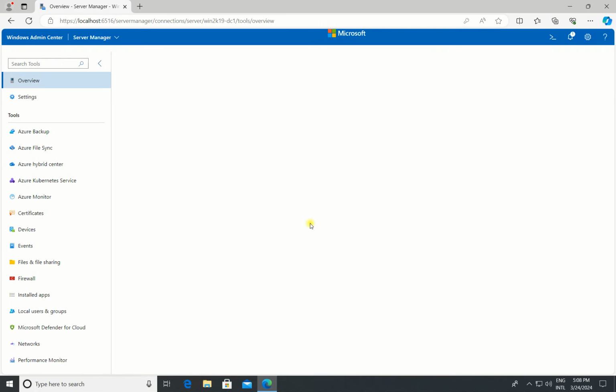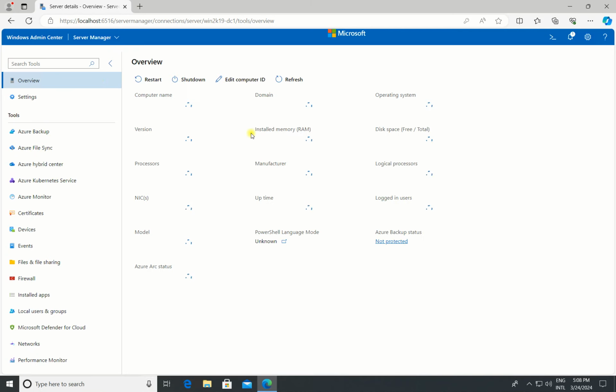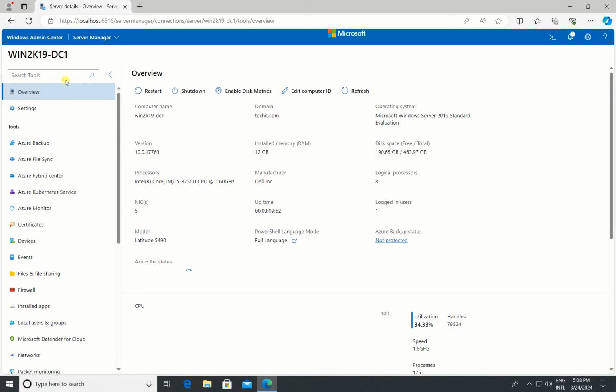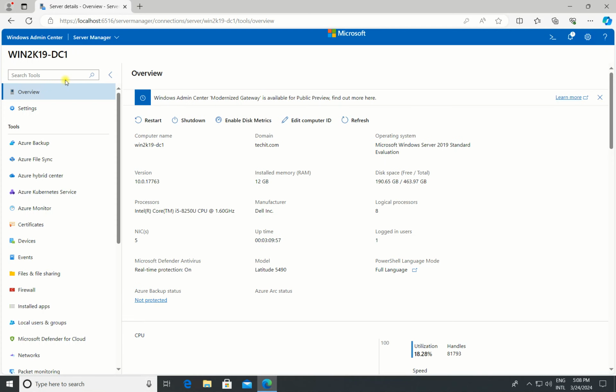Okay, and then here is the interface, or web page, of Windows Admin Center. Okay, I click on overview. Here, you can view a lot of things like CPU, RAM, and the files or shared drives. So in overview, you can see my computer name, which is DC1, with the domain name